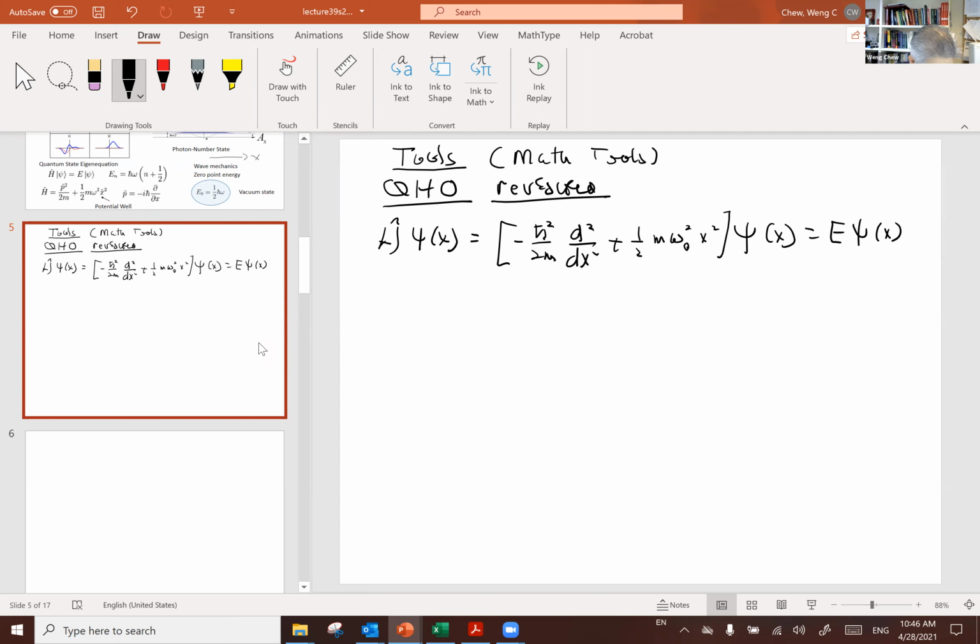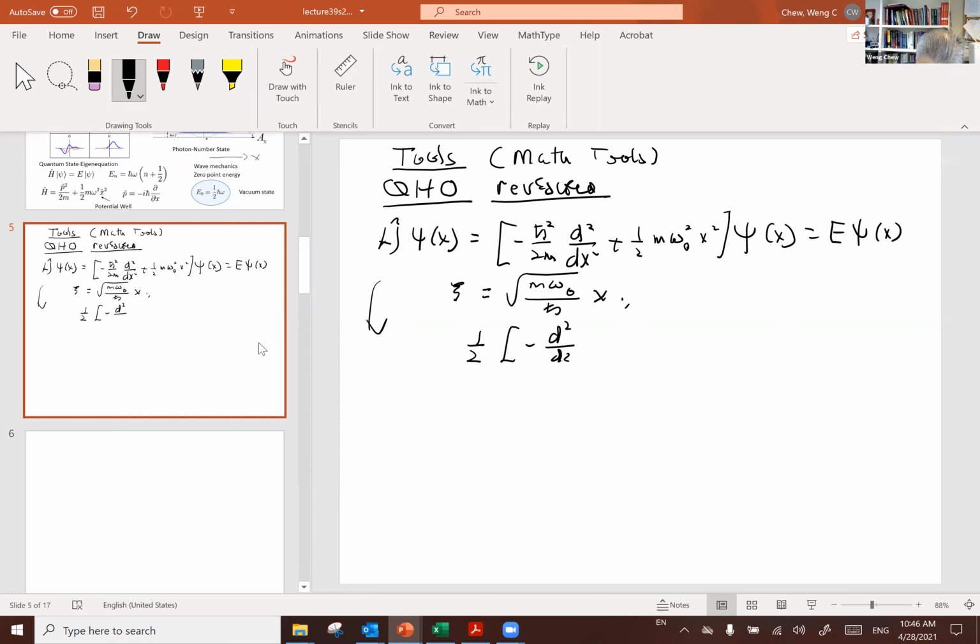In order to do so, I would have to write this Schrodinger equation using a normalized coordinate system. I have to define a new space coordinate, which is given by the square root of m omega naught over h bar, times x. And then if I were to do that, I find that this equation can be rewritten as half